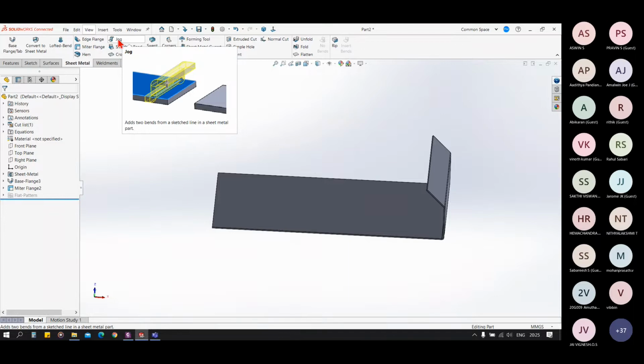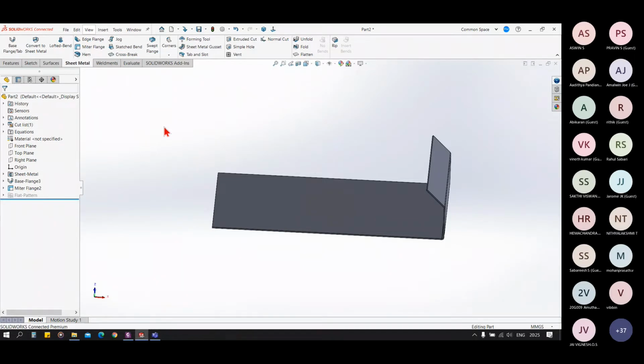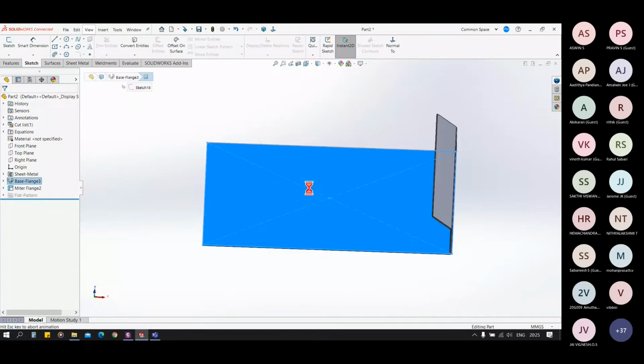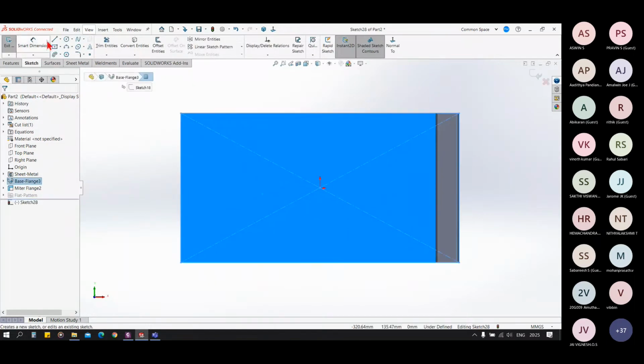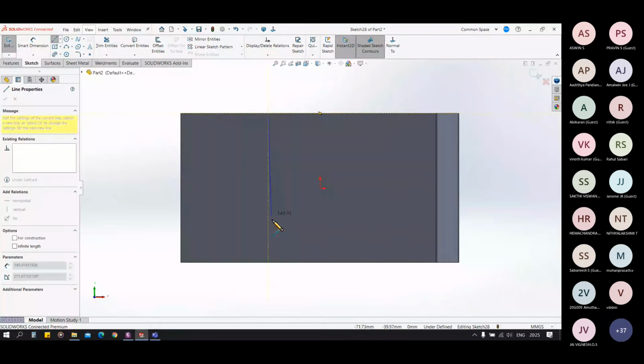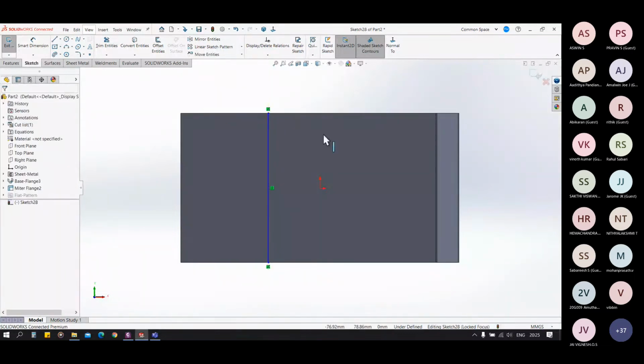So let's see it in 3D so that you can imagine it better. I'm creating a sketch on the base flange. Sketch in the sense you have to create only a single line like this. You can control its distance from the edge.